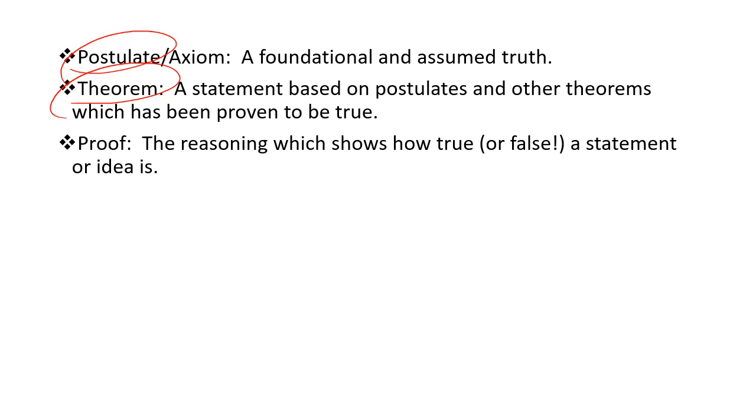I also want to point out there's some other terms that you may have heard when you took geometry before, like corollaries or lemmas and things like that. We're not dealing with any of that in here. Pretty much everything is going to fall into one of two categories. Either it's a postulate or axiom, a thing we assume, or it's a theorem, which is something we're going to prove. We're not going to get too far into other forms of provable statements. But we will look at some proofs and talk about the nature of proof a little bit.